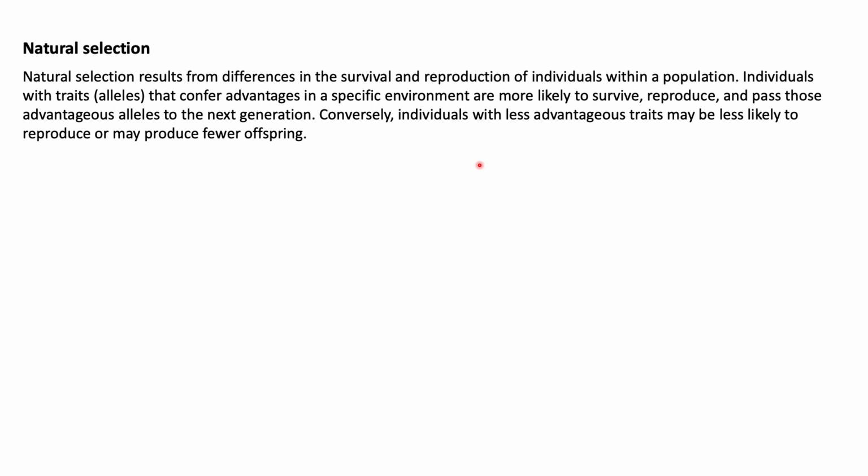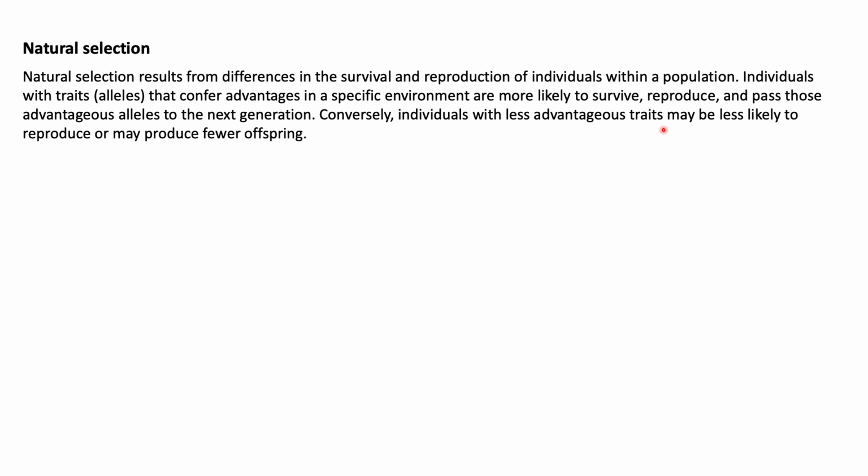Another important terminology in population genetics is natural selection. Natural selection results from differences in the survival and reproduction of individuals within a population. Individuals with traits or alleles that confer advantages in a specific environment are more likely to survive, reproduce, and pass those advantageous alleles to the next generation. Conversely, individuals with less advantageous traits may be less likely to reproduce or may produce fewer offspring. So overall,